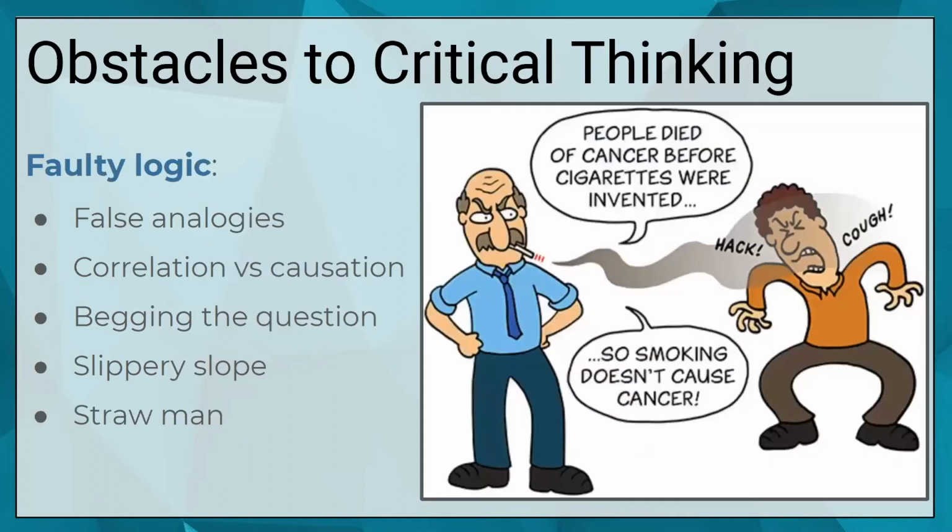Moving on to the next part then, obstacles to critical thinking based on logic. There are different kinds of logics that our arguments can be based on, and some of these logics might be somewhat faulty. The first example would be a false analogy. An example would be the watchmaker argument. It's commonly used in theology to some degree and in social studies. Only because one thing is similar in one way doesn't necessarily mean that it's similar in another way.